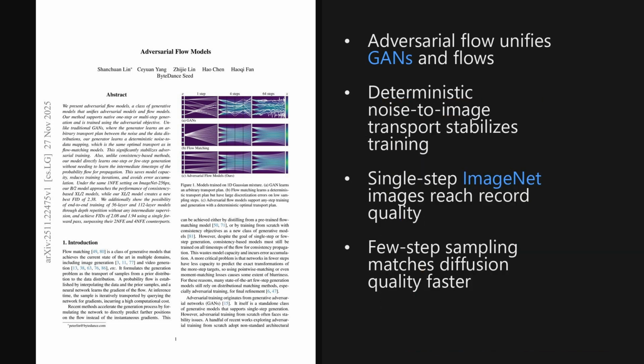I'm Alex. Today we're looking at a paper trending on X, published on November 27, 2025, about 4 days ago. It introduces adversarial flow models, a new kind of generative model that combines the strengths of adversarial training and flow matching to get stable, one-step image generation, and it pushes ImageNet 256 performance to a Fréchet inception distance of 2.38 with just a single neural network evaluation. The paper is titled Adversarial Flow Models, and as we will see later, the implications for fast, high-quality generation are